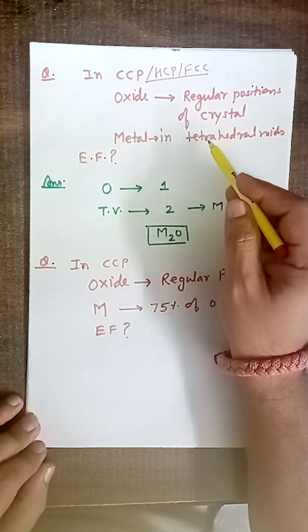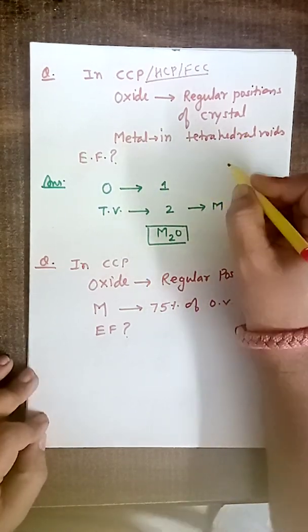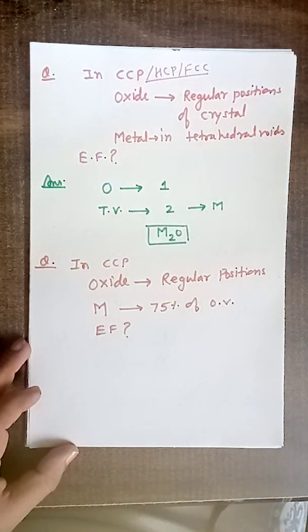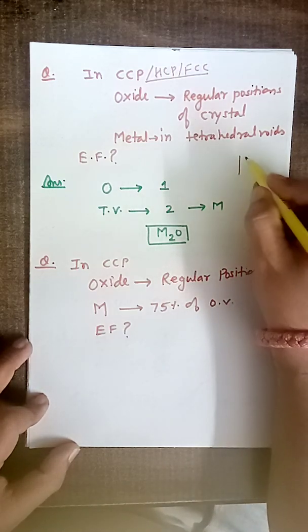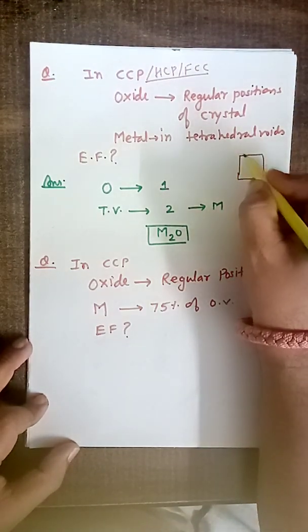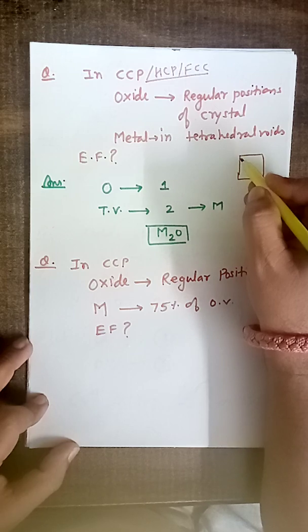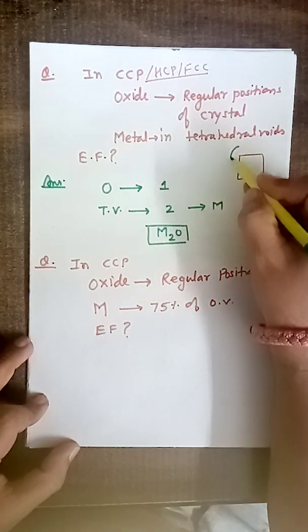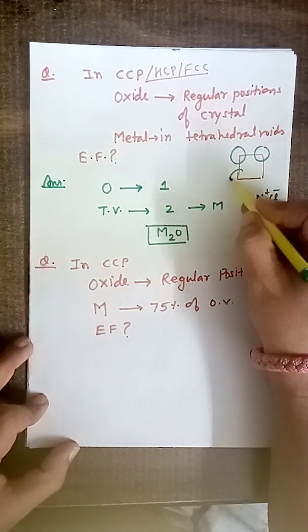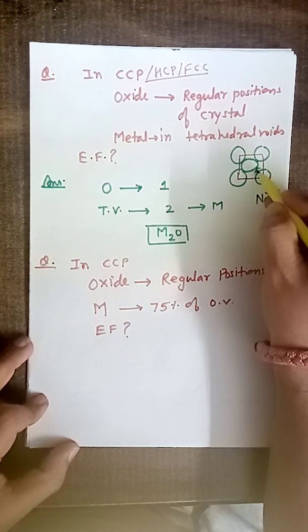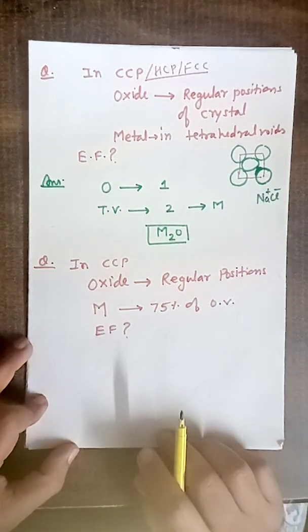Before we proceed further, remember one thing: in ionic compound, one of the ion, generally it is anion because of big size, one of the ion occupy regular position of crystal. Say for example, it is FCC and this is NaCl. NaCl has FCC structure. So we all know that NaCl has two type of particle, it is Na plus and Cl minus. Can you identify out of this which is sodium and which is chloride? There are two positions of particle, one is center of phase and other is corners. Can you identify which is sodium and which is chloride here?